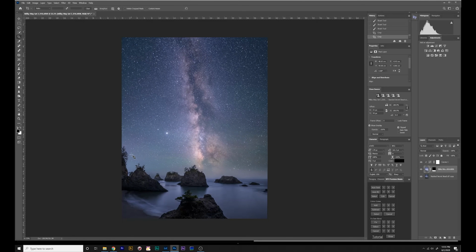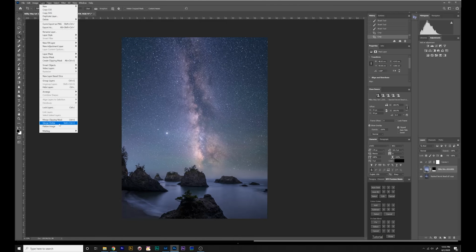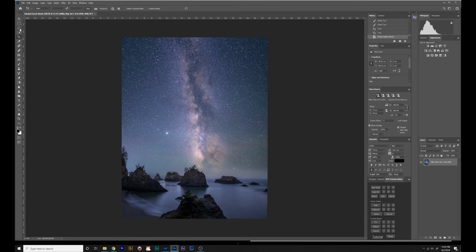And then lastly, let's go ahead and decide if we're okay with this here. It's a little bit hazy on the horizon. Some clarity, negative clarity in Lightroom will fix that. But let's go ahead and merge those layers. And lastly, what we'll do to further sell this composite is